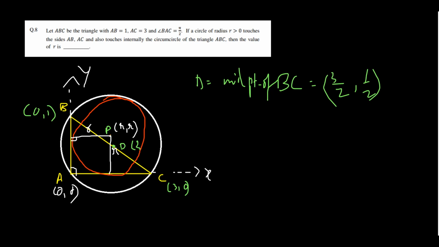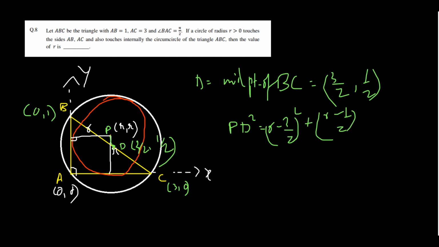Now if this length DE is root 10 by 2, we are also aware of the fact that P, D and E are collinear points because these two circles are touching each other, so their centers and the point of contact of touching will lie on the same straight line. And also we can easily say that PE is R units. So if PE is smaller and DE is root 10 by 2, clearly PD will be